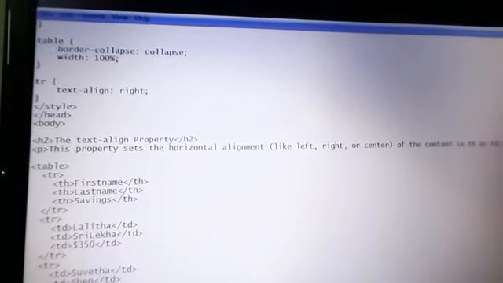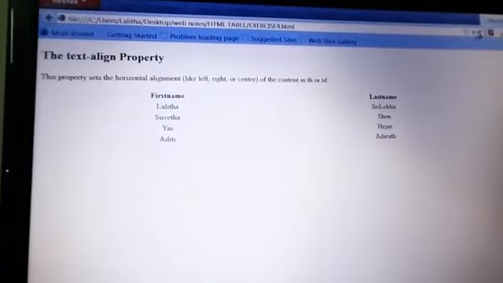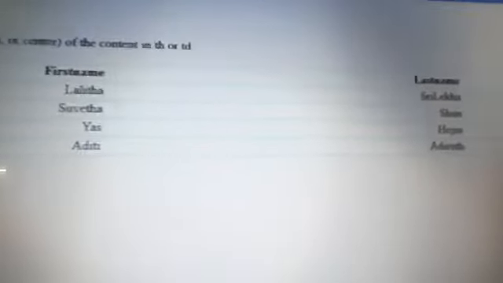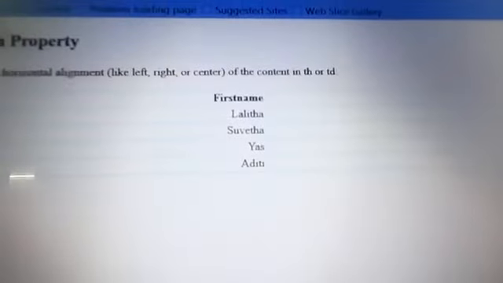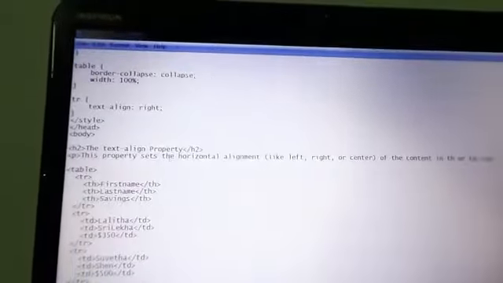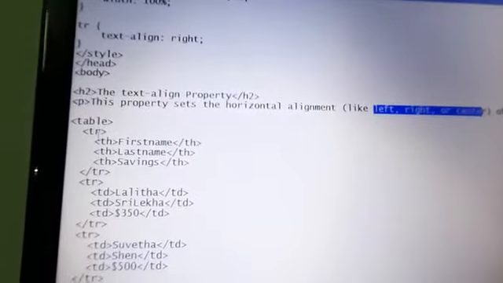Let us save the document and see the web page now. See, the contents are added on the right side. Likewise, you can add the content on the left side by using text-align colon left. Okay, let us move into the program. So these are all the 3 types of horizontal alignment.